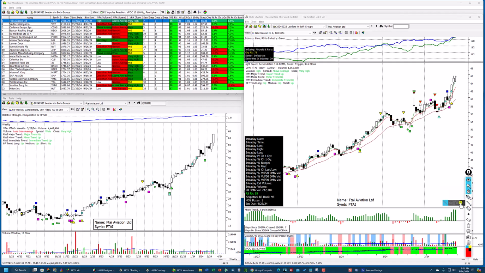Based upon this pullback right here, which corresponds to this, that is a buying opportunity based upon a 3-6 pullback where the stock remained at or above the 18-period exponential moving average. Now back here, it did the same thing. There was a pullback here, 3 below the 6, but it got slightly below the 18,